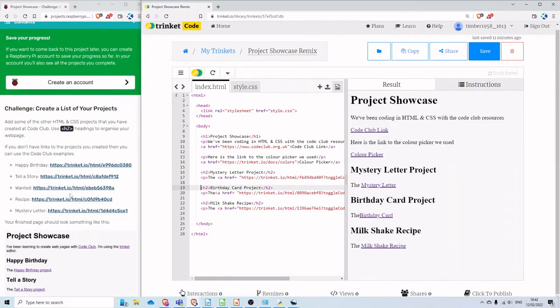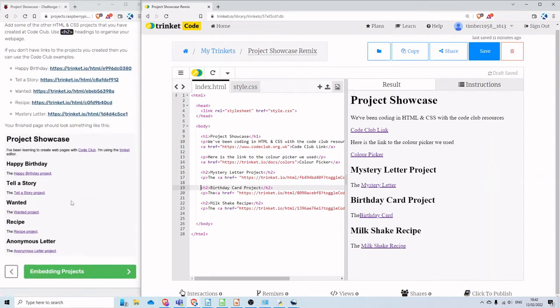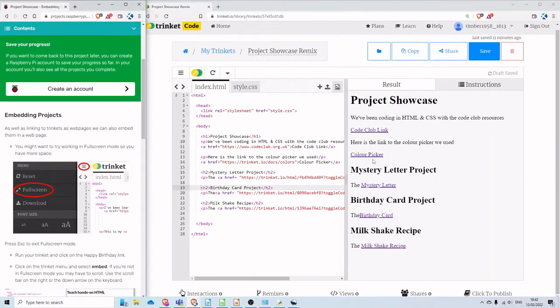Okay, so I've got 3 in there. You're welcome to put all yours in there. It's painful probably watching me do this. The next thing we're going to do is, as opposed to having links to our projects, change them so you actually get the project embedded below the project heading. The way we do that is